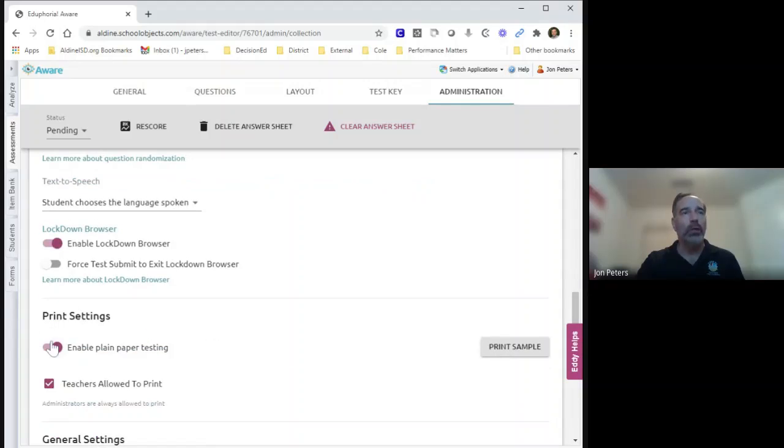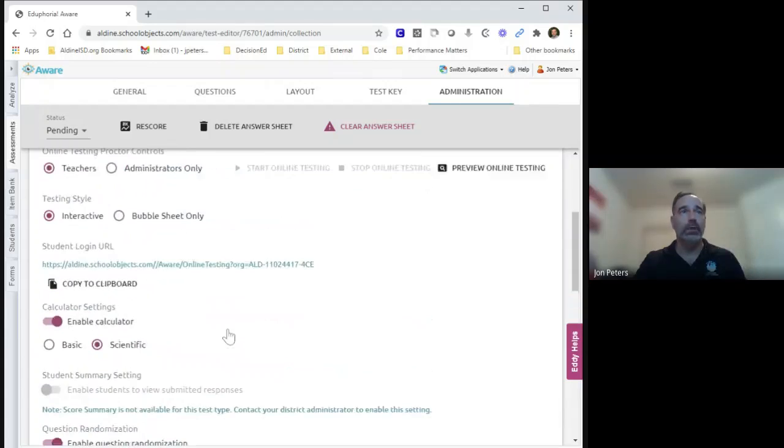Please leave on the plain paper testing. The reason for this is that there will still be some students that need to take it as a paper test because they will need specific modifications done. And for that to occur, the teacher has to have the ability to print an answer document. And then they will also have the ability to print the test booklet as well if needed. But they have to have this turned on so they can print those. Other than that, after you've done all these options,